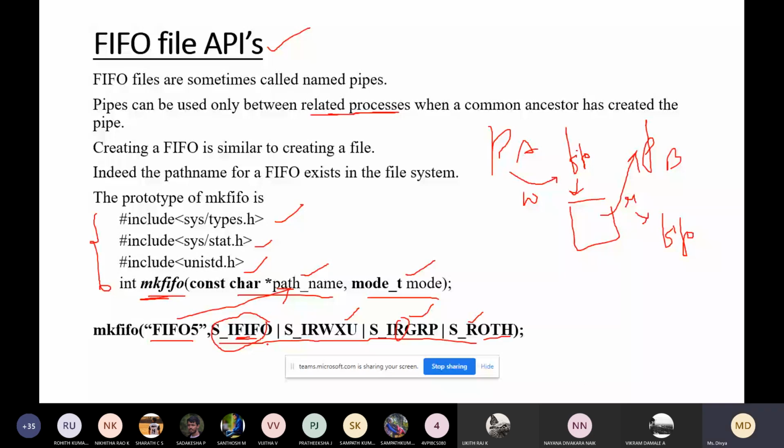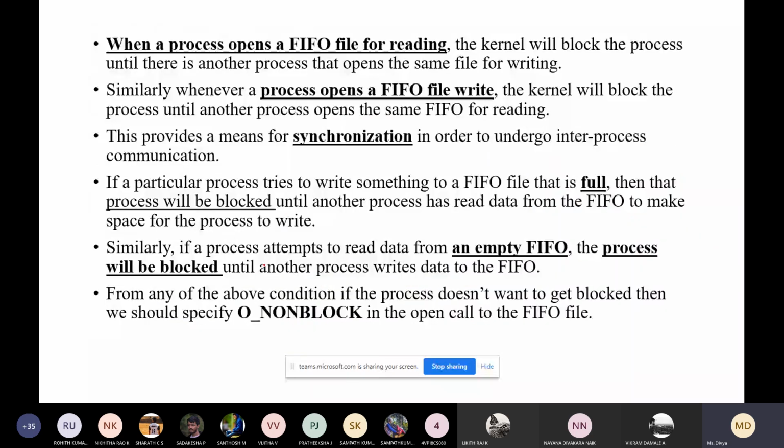So there are a few points you must know about FIFO file. When a process opens a FIFO file for reading, the kernel will block the process until there is another process that opens the same file for writing.